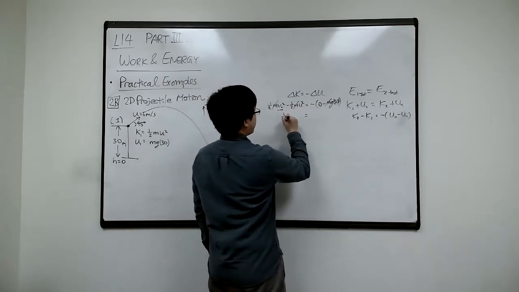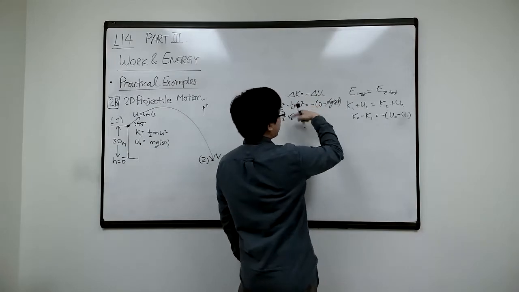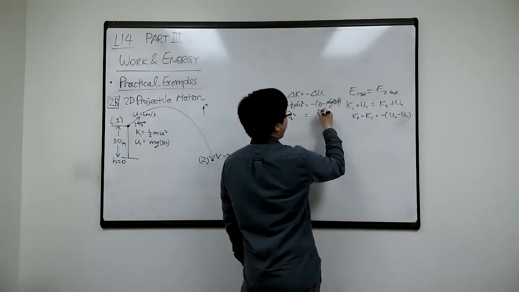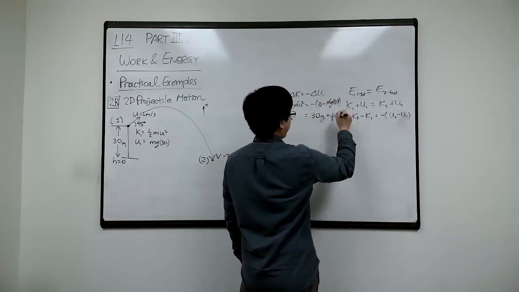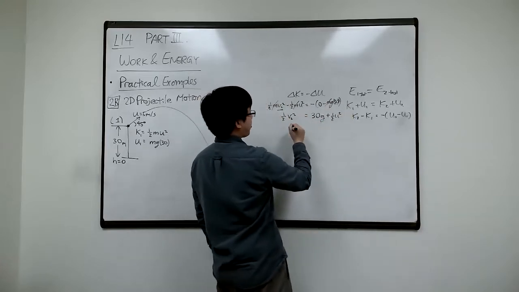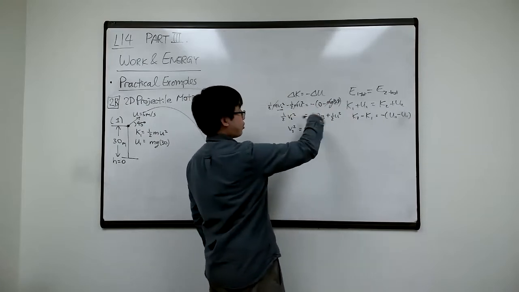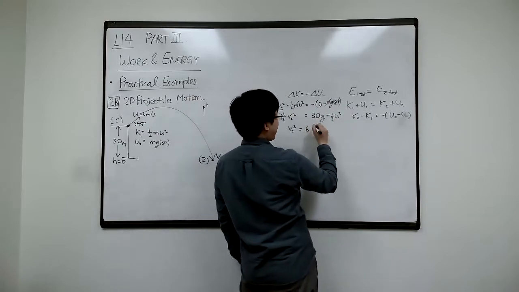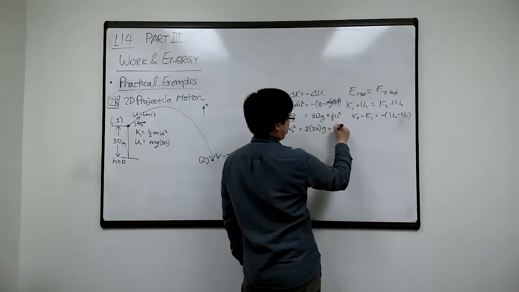Okay, good. So I'm left with 1/2 v squared over here, and I will put that on the other side. So I have g, so positive, right? Positive, so 30g plus 1/2 u squared. I know I've plugged in some numbers, but I'll try to work with variables as much as I can until the last step. So multiply 2 to both sides. So I have 2 times 30,